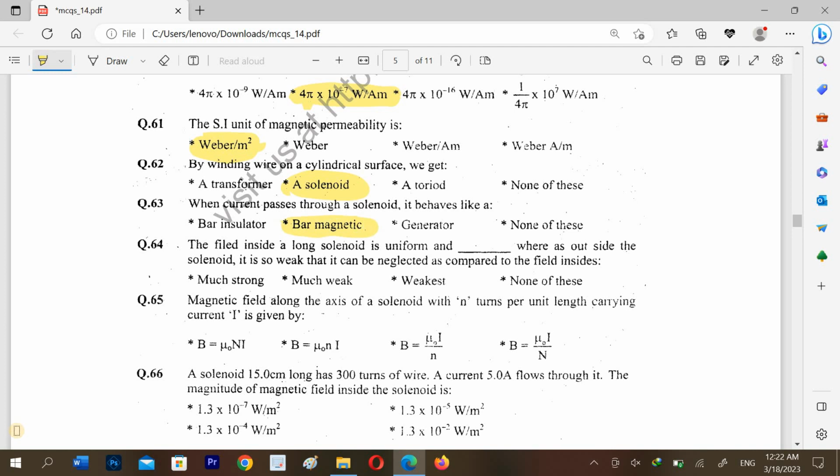The field inside a long solenoid is uniform. I was reading this wrongly. The field inside a solenoid is uniform and strong, whereas outside the solenoid it is so weak that it can be neglected as compared to the field inside. The magnetic field along the axis of a solenoid with n turns per unit length carrying current I is given by